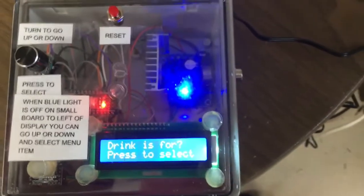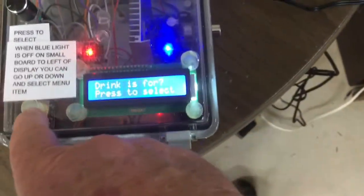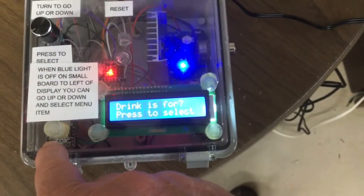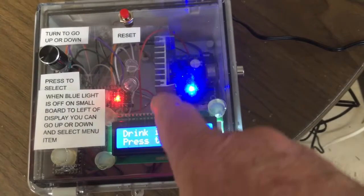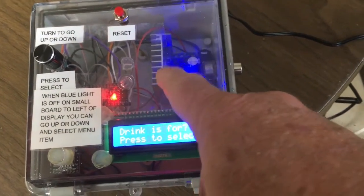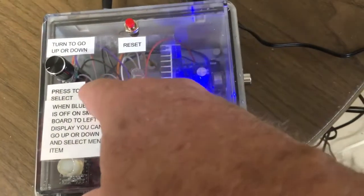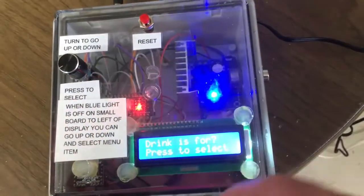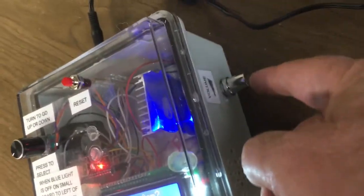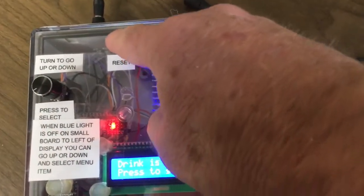So this is the project. It's got a soundboard right here, just a DFPlayer Mini player, a display. It has an amplifier board. There's a speaker right underneath the display here. There's a fan over here in the corner, and there's a rotary encoder and a reset switch. And then there's a volume for the amplifier for the speaker. So if I reset this,